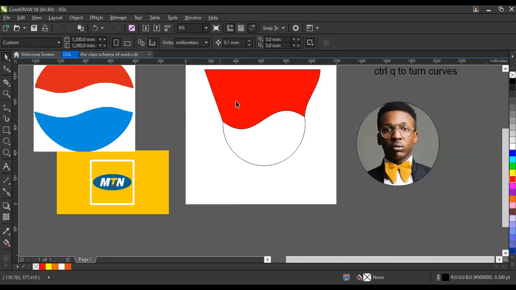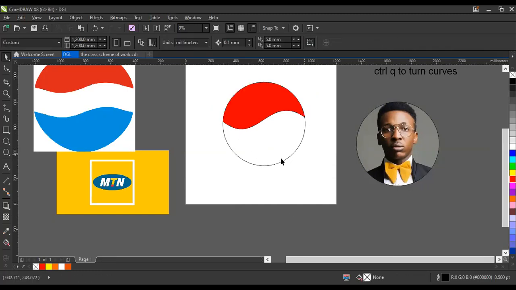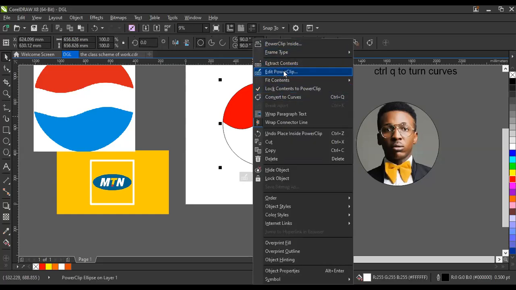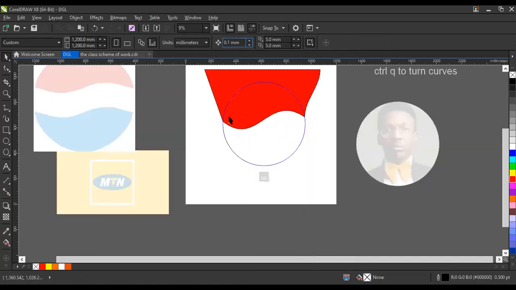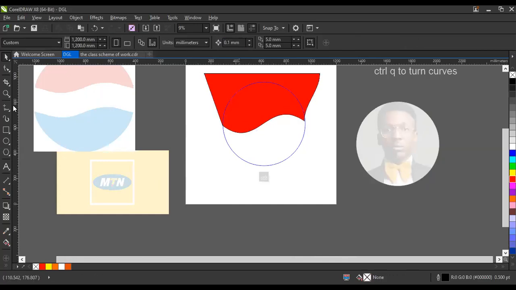So the same thing we apply to this. What do you do? Right click on the red, go to power clip inside. So now click on these white parts like this. It goes inside. So you can also edit power clip. What do you do? You right click on it. Now go to edit power clip. It has opened inside the circle. So you can now come here and say, oh, it's not right. Let me move this one down a little bit. You can now say, okay,